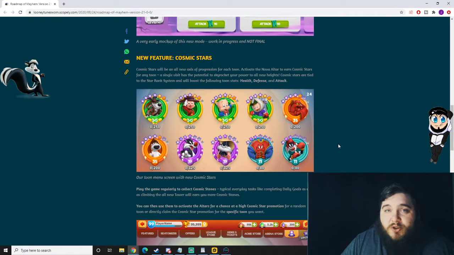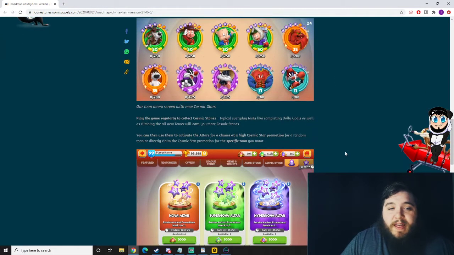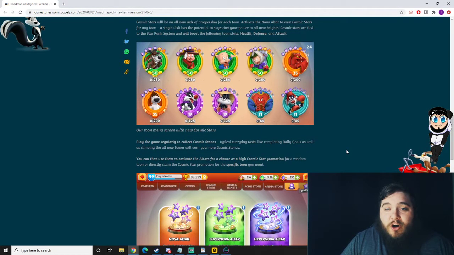So I'm assuming these are going to be percentage based, and they are also probably going to be very similar to the red star system in Marvel Strike Force if you've ever played that game. Basically, each star is going to give you a percent increase that will increase the total power of the character. I would also assume that this is going to basically mean in order to use the star, you have to